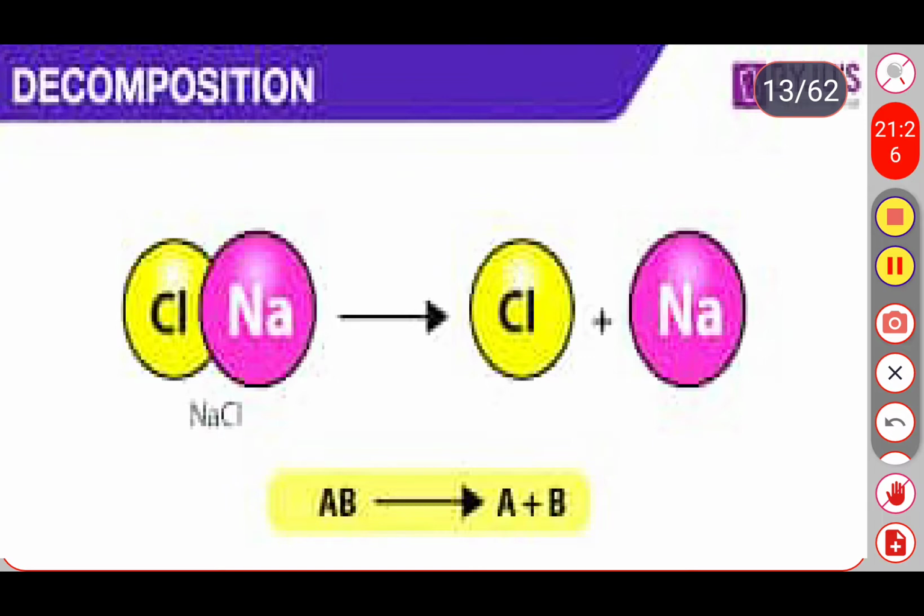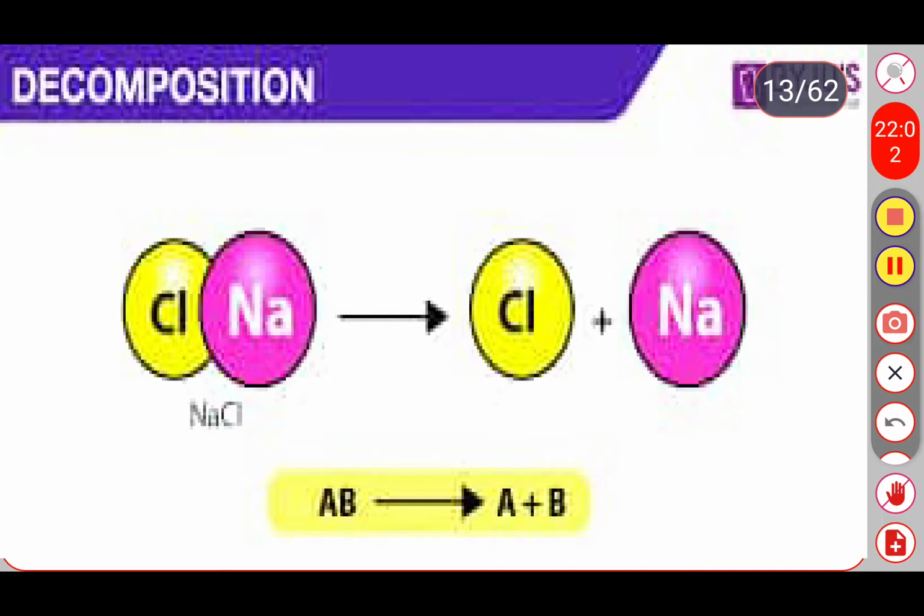In a combination reaction, a substance is formed as a result of chemical combination, while in decomposition it breaks down into new substances. For example, in the combination reaction we are combining two substances and get a single compound, but in the decomposition reaction we have one simple compound and it breaks down into two simplest elements.